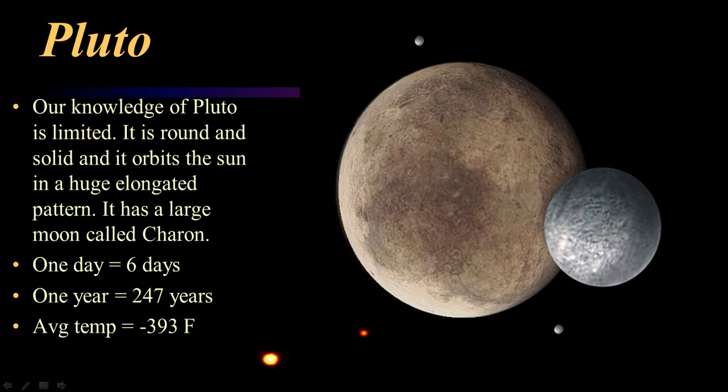Well, there are different criteria. There are 3 criteria to be considered a planet. One of them is it has to orbit the sun, and Pluto does that, so it fills that criteria. Number 2, it has to be relatively round. Round would be its formation from the gravitational pull that would give it a round shape. So it's round. And then the 3rd criteria is it has to have enough gravity to clear its neighborhood.